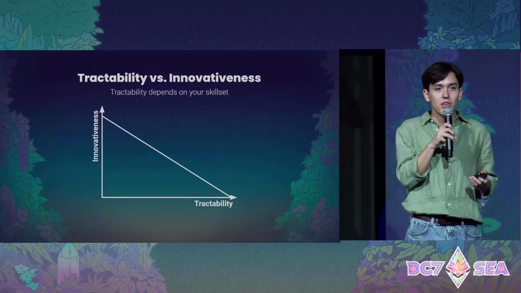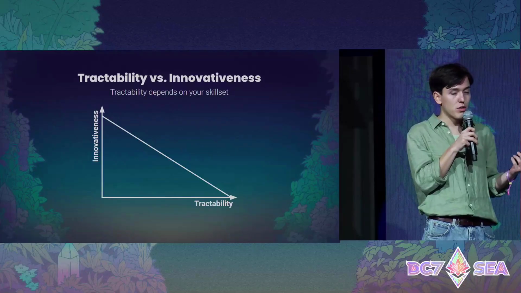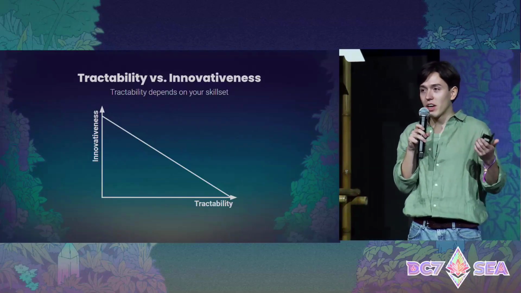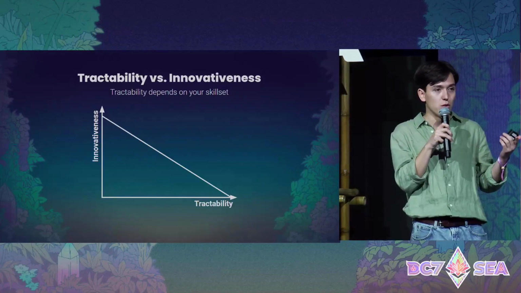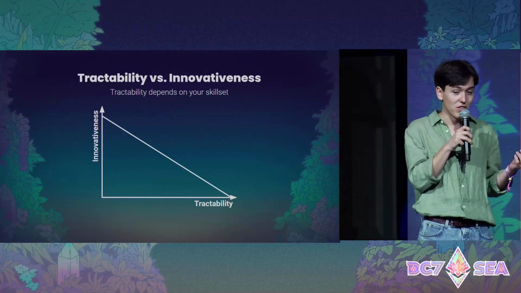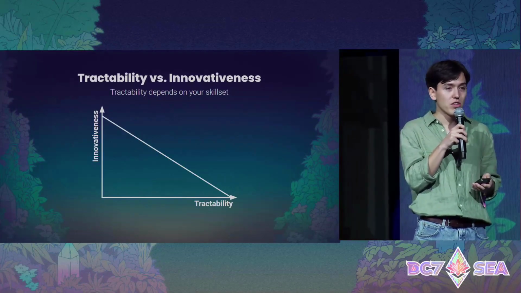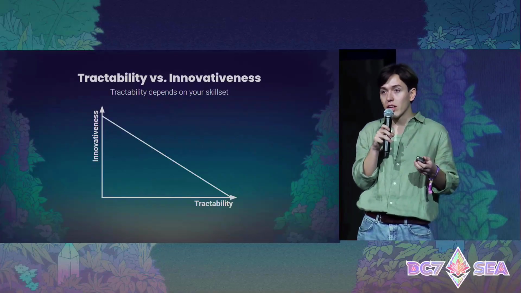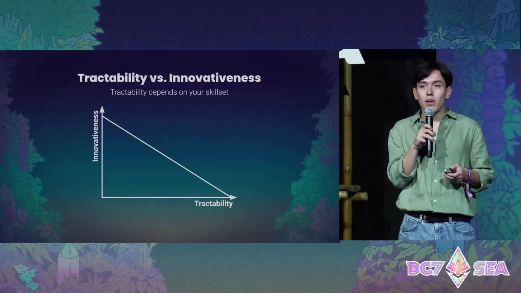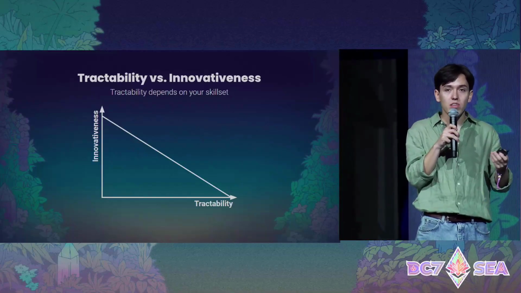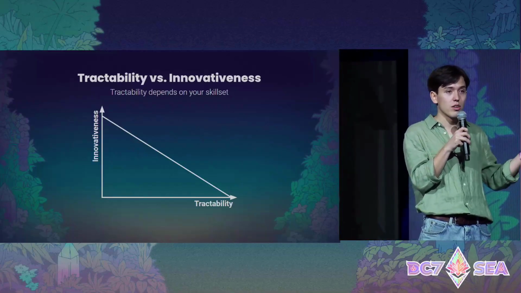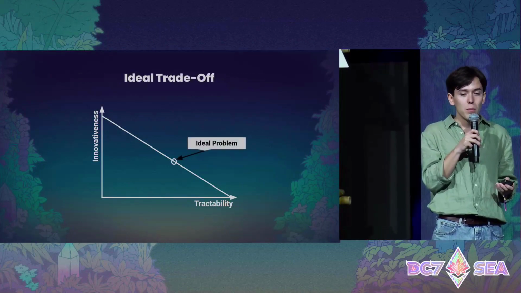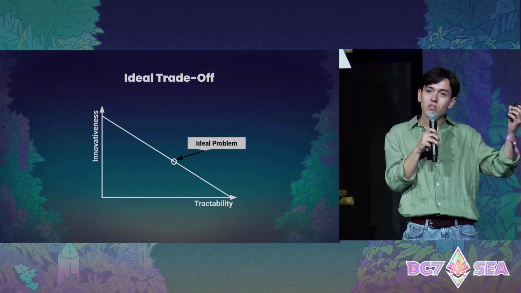So when you're trying to find a problem, make sure to take into account tractability and innovativeness. So tractability means how well can I answer this question, and innovativeness means how innovative is my answer. And tractability depends on your skill sets. If you've been a programmer before, perhaps something is easier that involves a lot of development. Whereas if you're coming from academia, maybe you're better at answering questions of these are the properties that we want and what is the optimal mechanism to use. But also find some trade-off there.